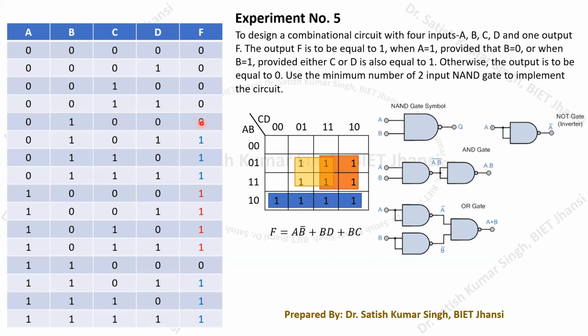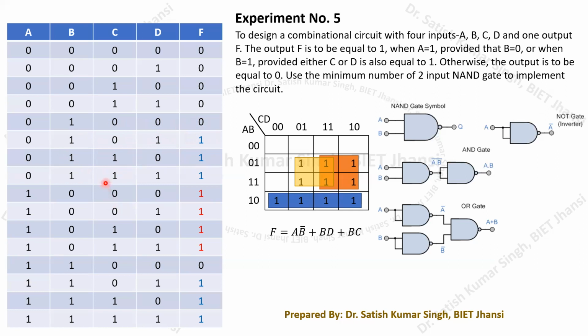So we cannot make this 1. Okay, so here it is 0 and 1. So here we have this B and D both equal to 1, and based on the given condition, this has to be marked as equal to 1. Similarly, here you can see that in this combination, again, B equals to 1 and C equals to 1, and therefore this output should be equal to 1.